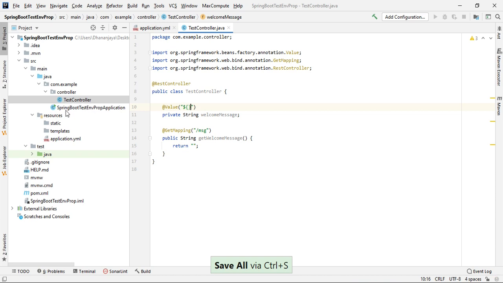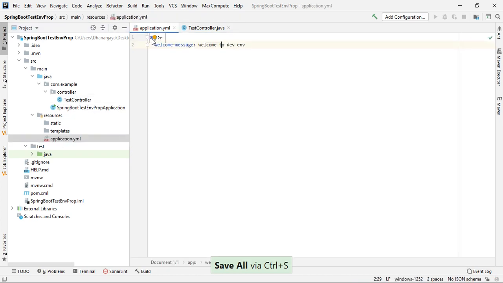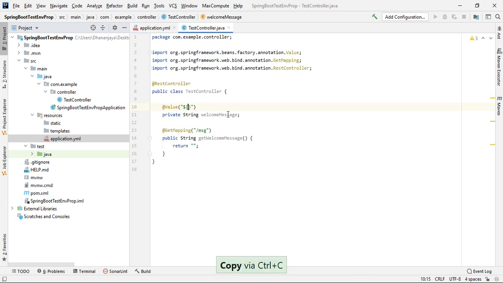Inside the placeholder we will give the path. What is the path? app.welcome-message. So app.welcome-message you need to give, and this welcome message we need to return in this method.